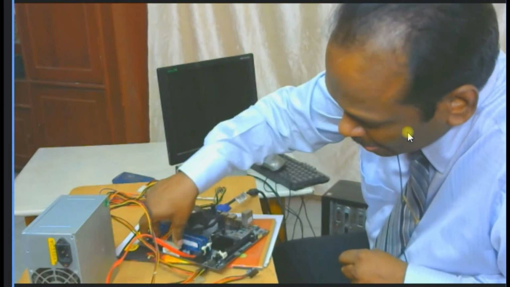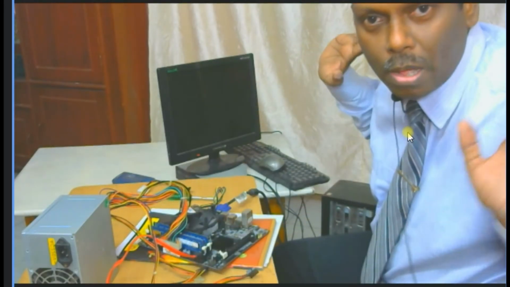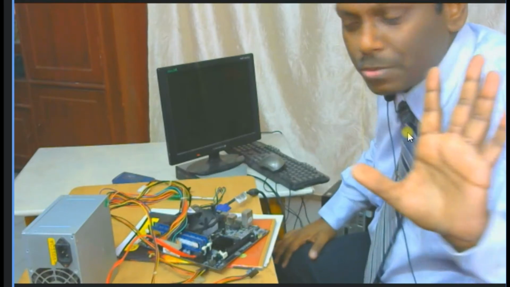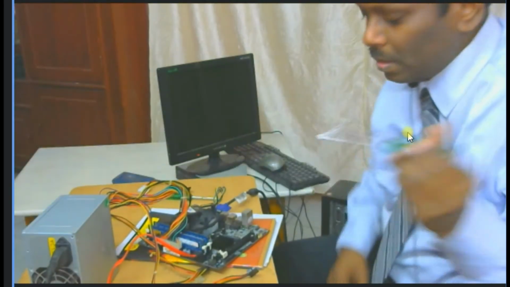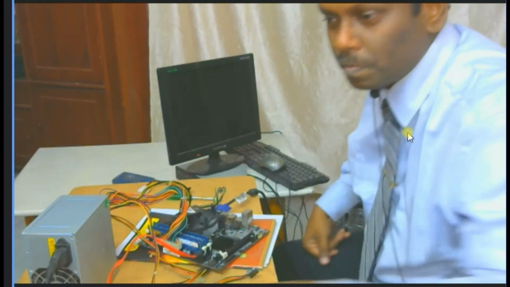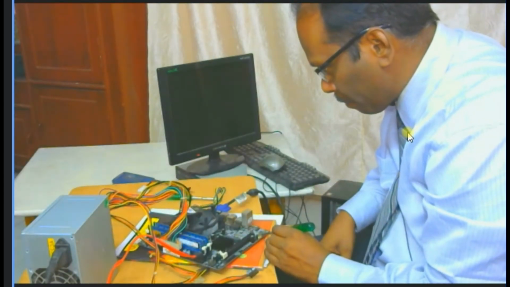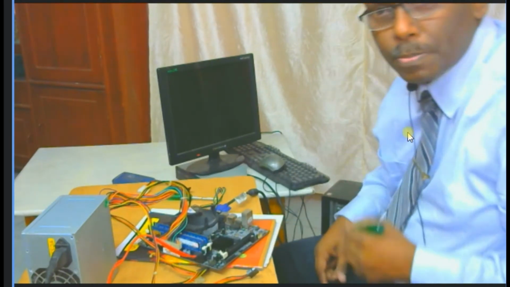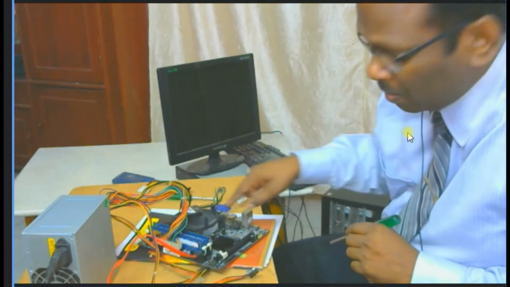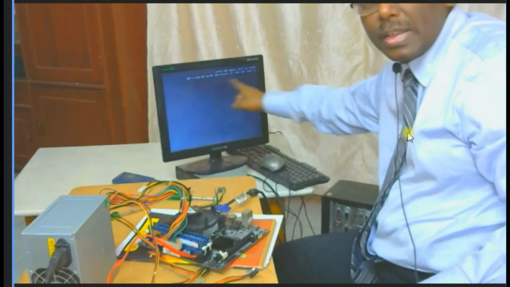So once again, I show you, you insert the power. I have 5 components now: power supply, main board, CPU, memory, and the monitor. That's all. These are the essential things which are required. I'm powering on. I mean the computer can start. So I'm starting this one with the help of the power switch. Now it has powered on. You can see the fan rotating. Yes, sir. So once it starts, you can see the monitor is giving an error.